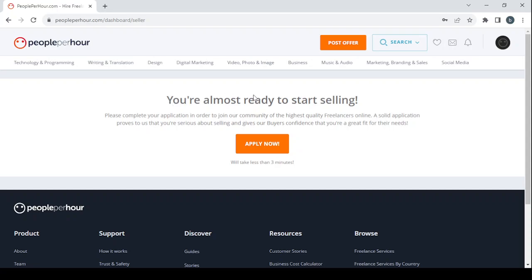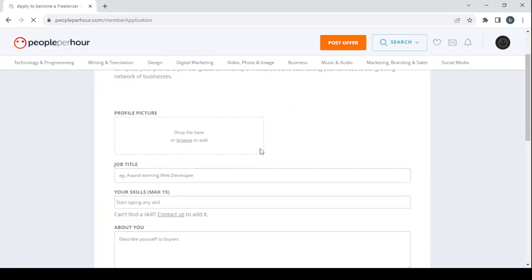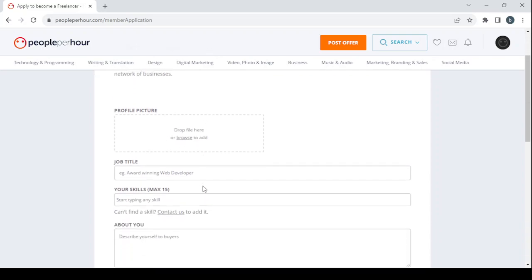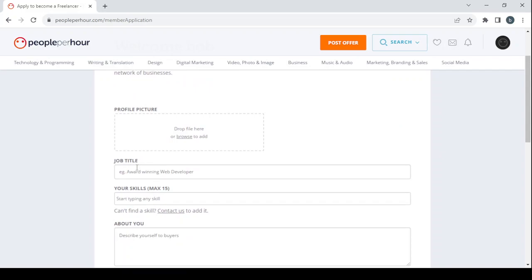You're almost ready to start selling. Please complete your application in order to join our community of the highest quality freelancers online. A solid application proves to us that you're serious about selling and gives our buyers confidence that you're a great fit for their needs. So click on apply now. And then make sure to drop a profile picture in here, and then you proceed to enter your job title, for example,